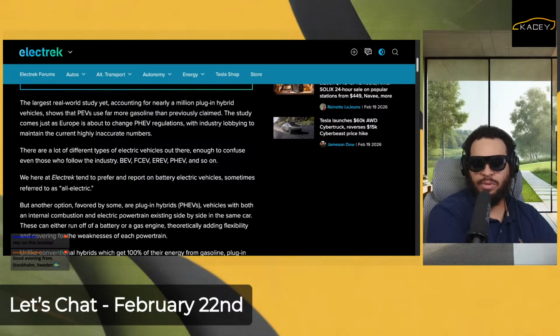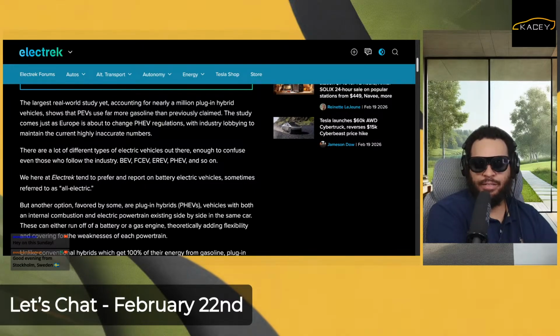What we have never seen is a FCEV Rex, which is stupid. Because at least then you could try and make the hydrogen story work. Oh yeah, you go on a long trip, just goose it up with hydrogen. No long trip, it's a battery electric vehicle, no big deal.